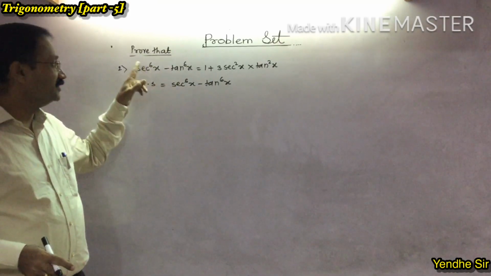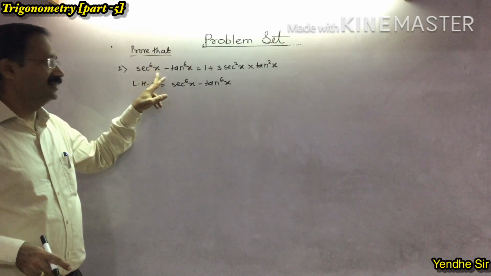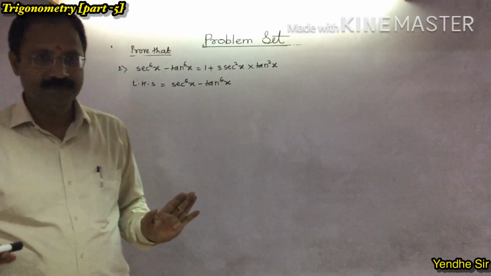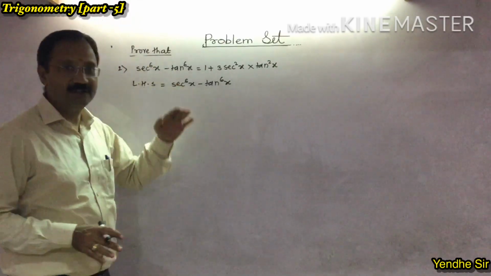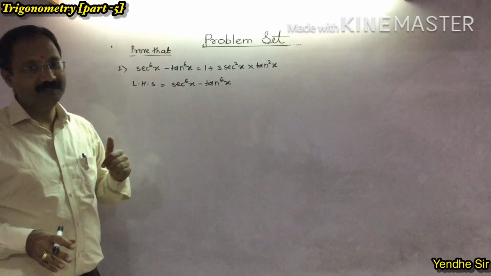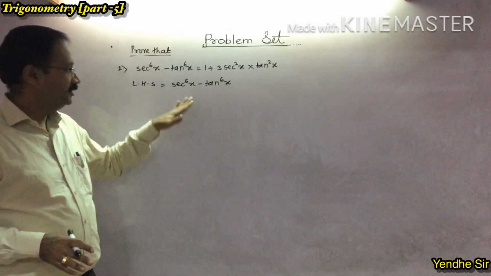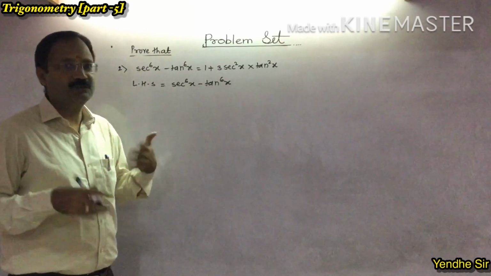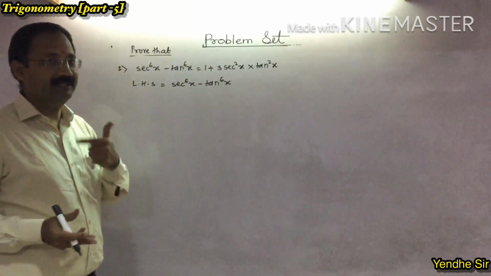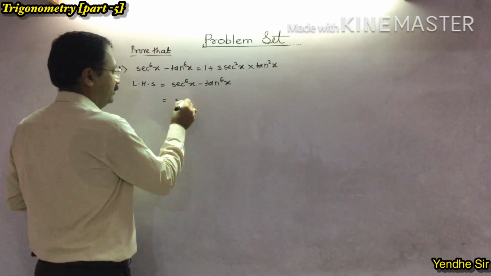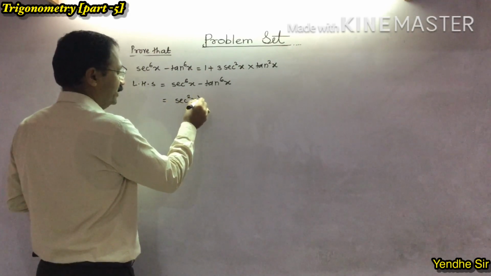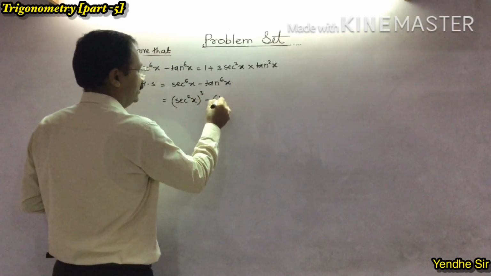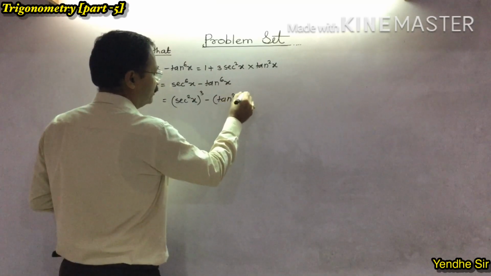Let's start with the second different sum. See the sum? Sec raised to 6 x minus tan raised to 6 x. This is totally different. We have not seen the formula for the power 6. So how can we solve this one? But remember the rules. Here we have to take LHS first, but we don't have the formula for the power 6. So it should be converted into sec raised to 2x raised to 3, means sec square x whole cube minus tan square x whole cube.